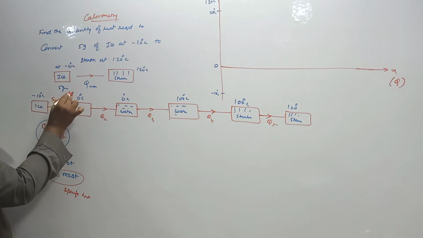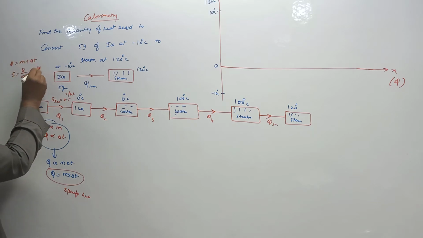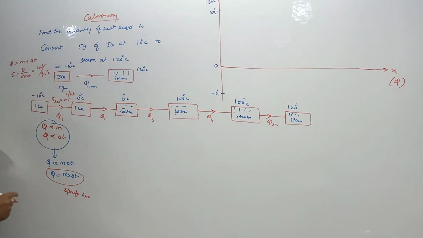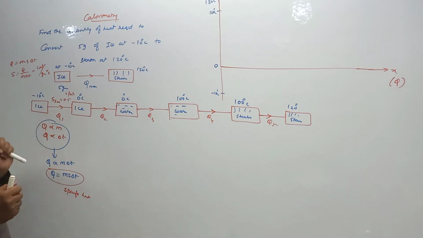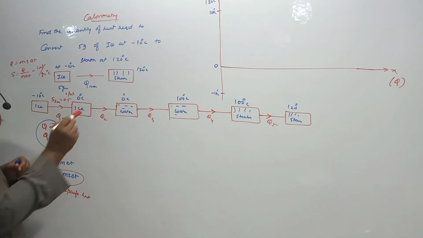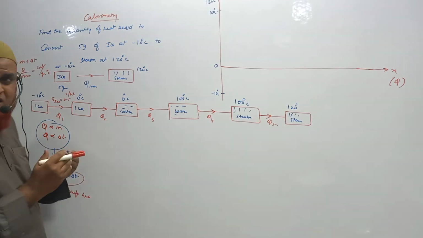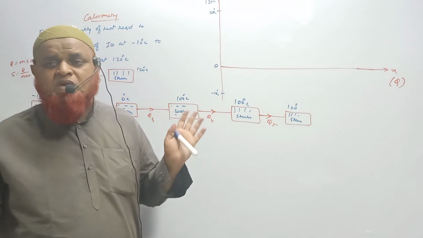0.5 calories per gram degree Celsius, because Q is equal to m s delta T, S is equal to Q by m delta T. Q means calories, by mass means grams, and temperature means degree Celsius. This is the unit here, okay? So next thing is, okay, first if you observe, the first stage gives you m s delta T, you have to apply here in the first stage. But in the second stage, can you apply m s delta T? If you see here, 0 to 0 only, there is no rise in temperature, because during the conversion of ice into water, a single degree is also not going to rise.